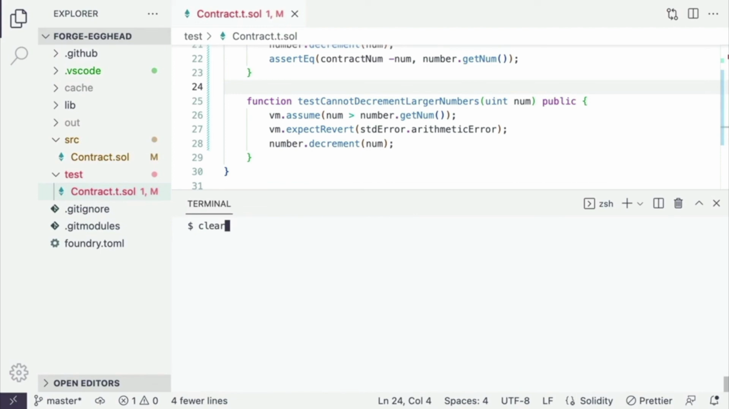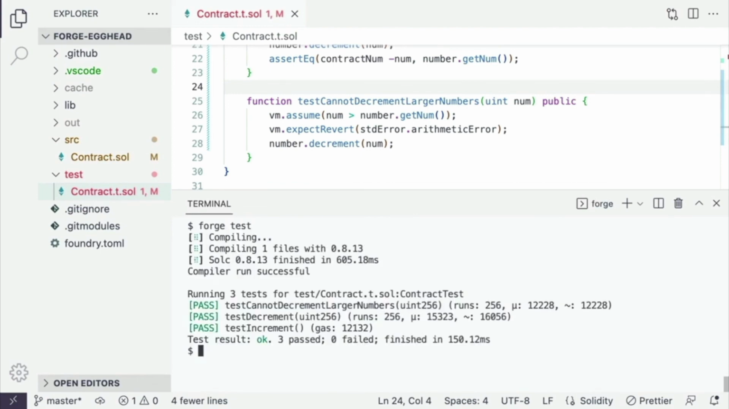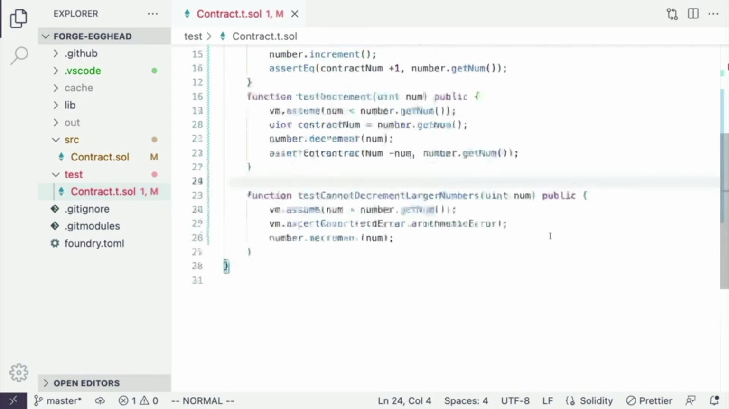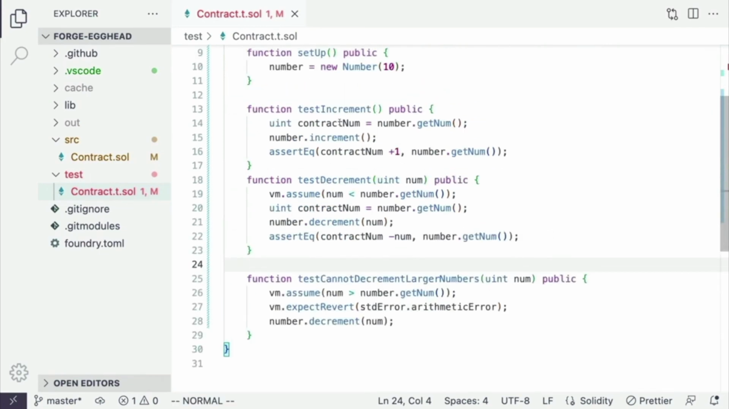And now we have an entire passing test suite with no warnings and no errors, and we know that our contract is both incrementing and decrementing and having a specific error that gets thrown whenever the decrement